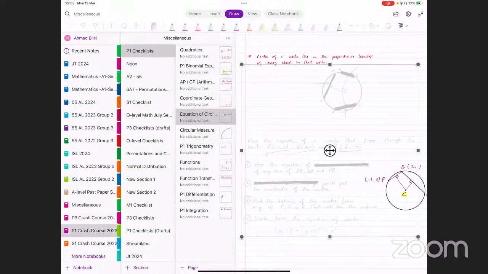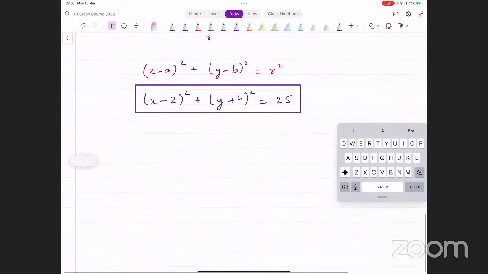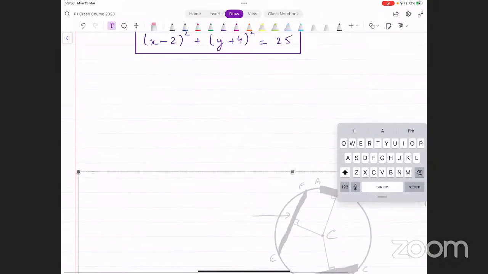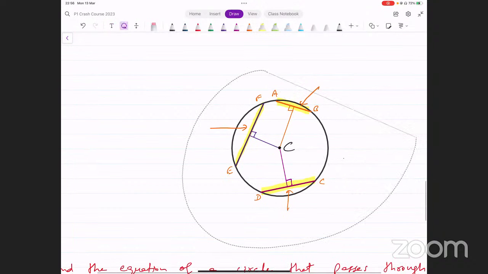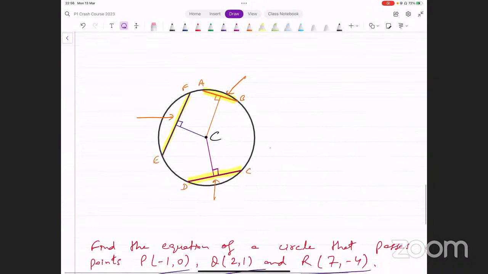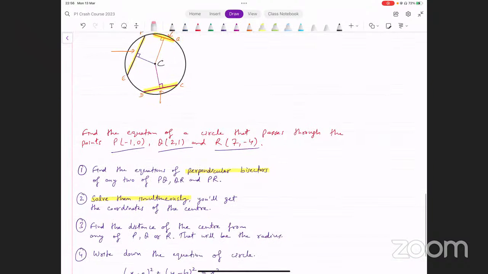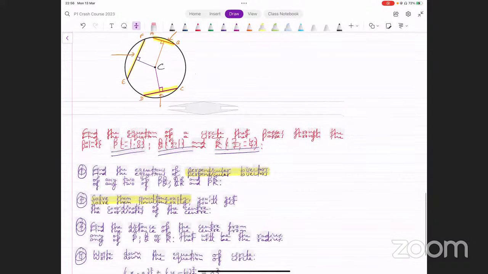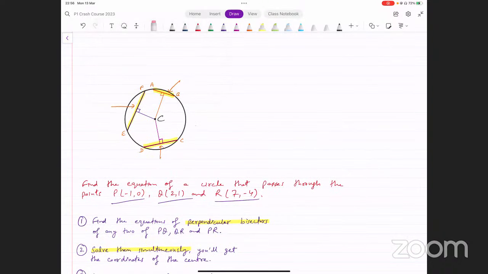So these are the steps that you have to follow. You can note them down if you want. To find the equation of a circle given points on the circumference. So if you have something like this, in which you have a few points,